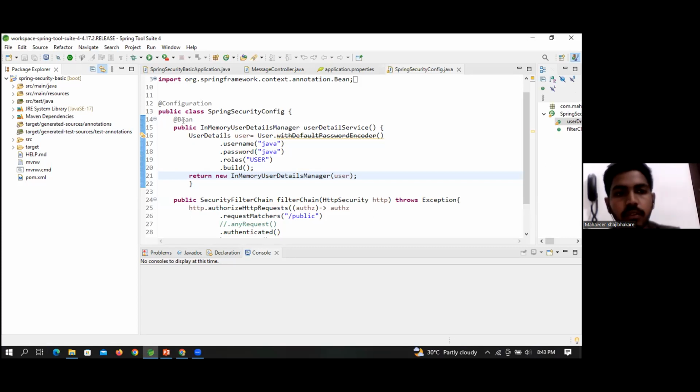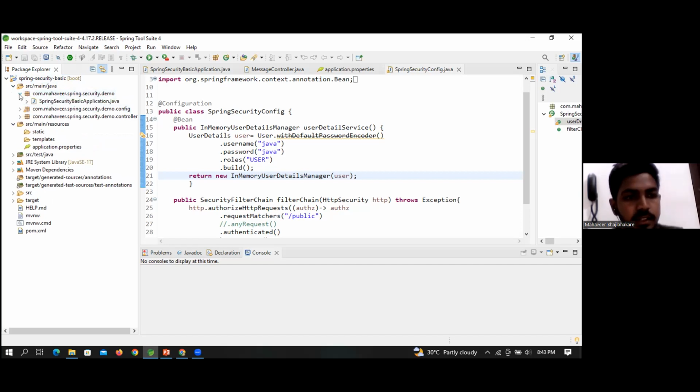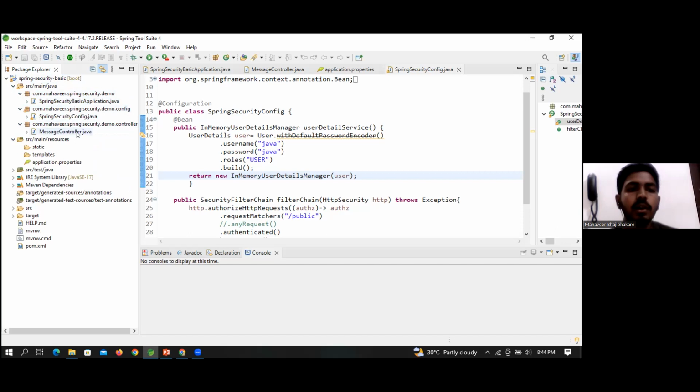First of all, I have made a project named Spring Security Basic, under which I have created the packages com.mahabir.spring.security. This is the main application class. I have also made one configuration class for Spring Security and the main controller class. So in the controller class,